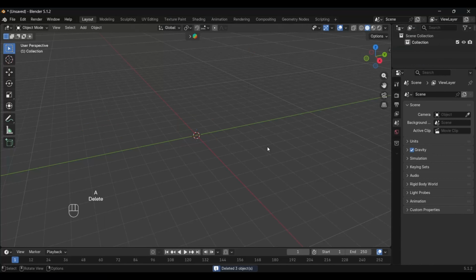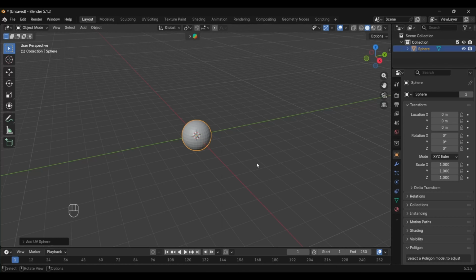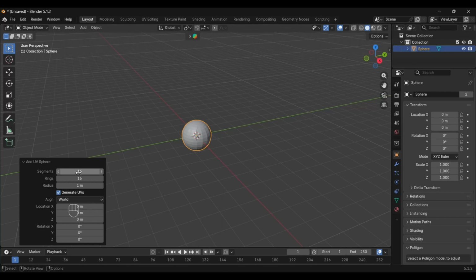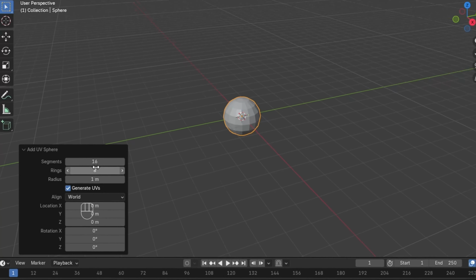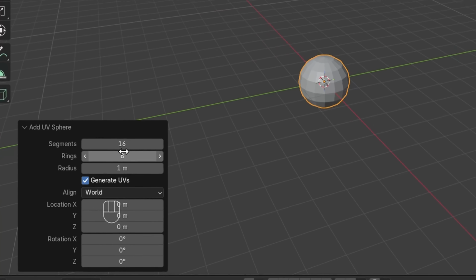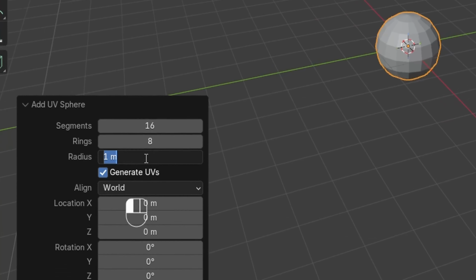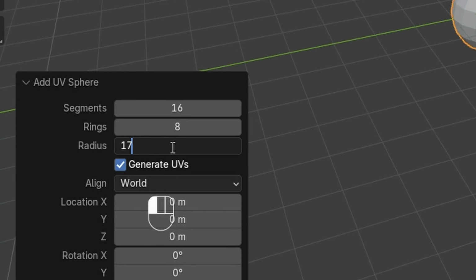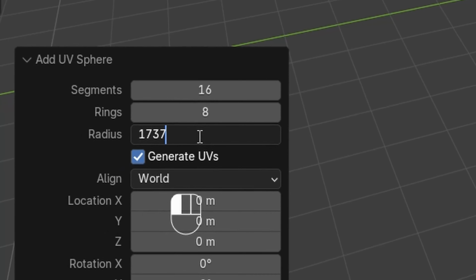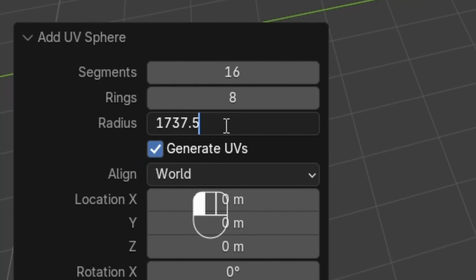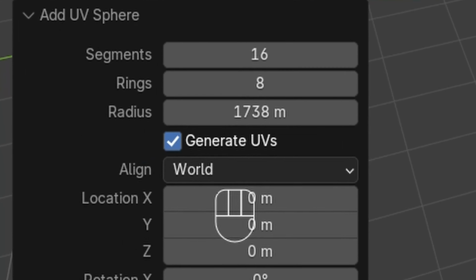Start by deleting everything and add a UV sphere. We want it to be low poly, so I'm gonna decrease this. Now I would say to set the UV sphere's radius to 1,737,500 meters, since that is the real radius of the moon, but that would break Blender, so we'll do the next best thing and set the radius to